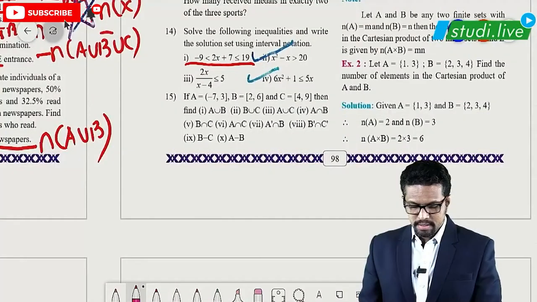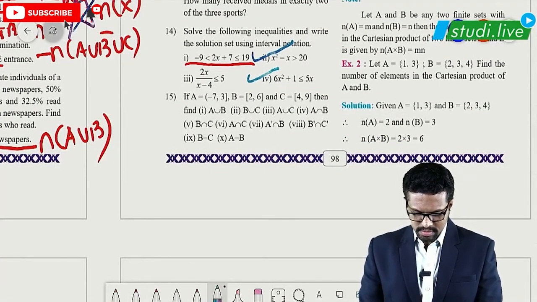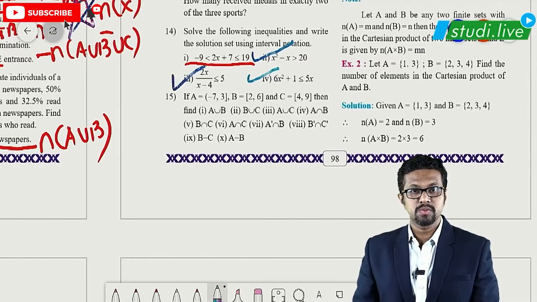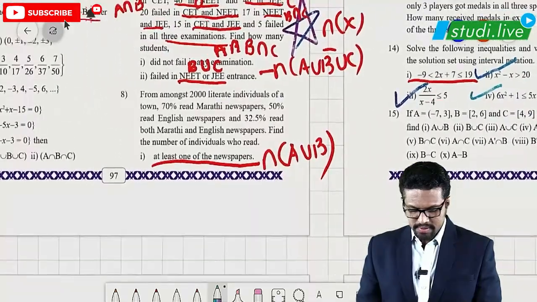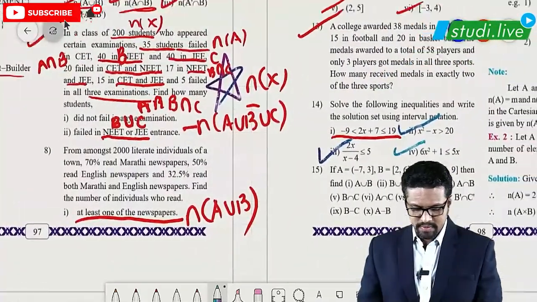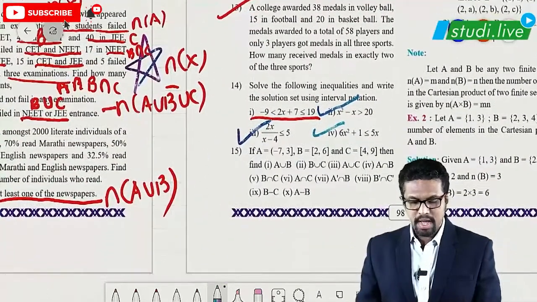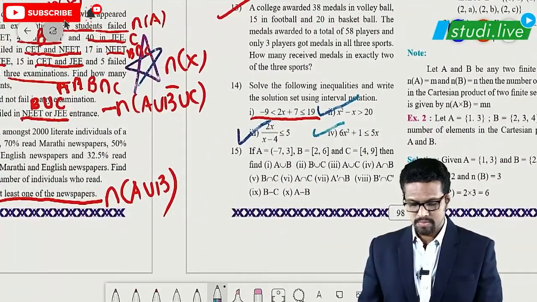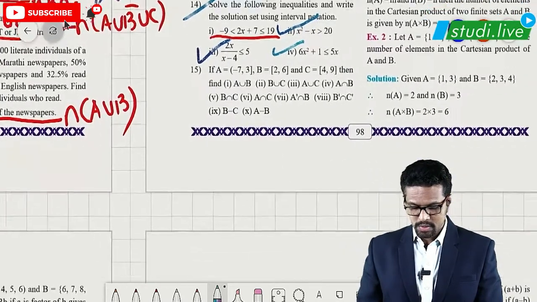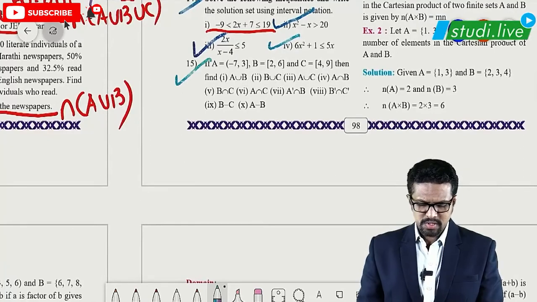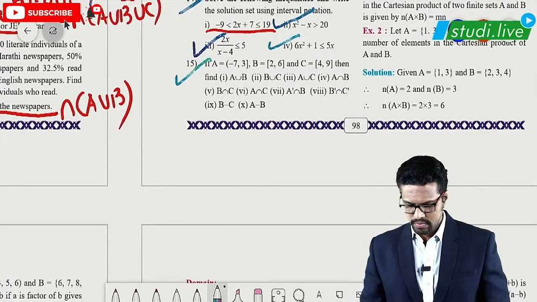Like I said, we have to practice the second and the fourth question also. Of course, the third question also is slightly important. So try to practice all these questions. When we are seeing the chapter of sets, like I said, question numbers 7, 8, 9, 10 are the questions which are generally asked many times in college exams. Of course, question number 14 is useful for 12th standard also. And you can practice question number 15. It is not that difficult. You can find the union and intersection. These are fairly easy questions.